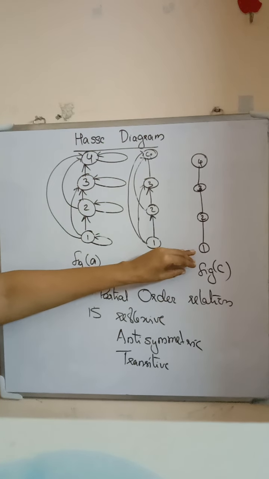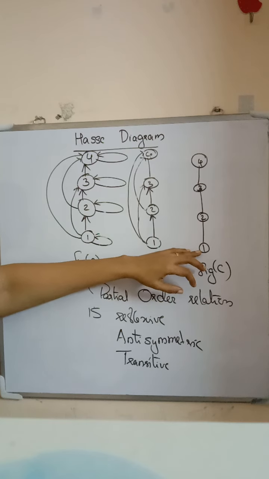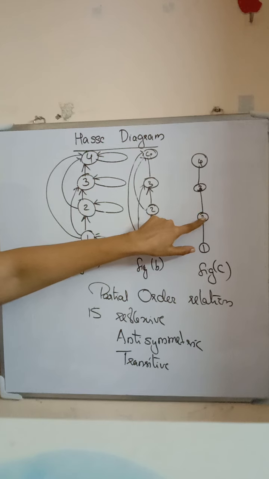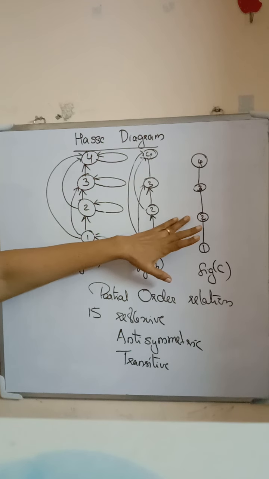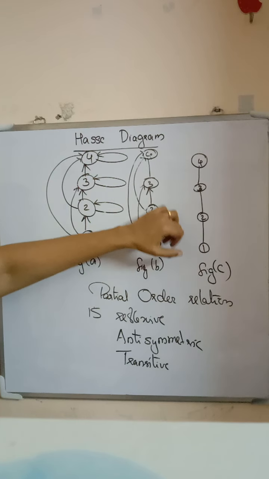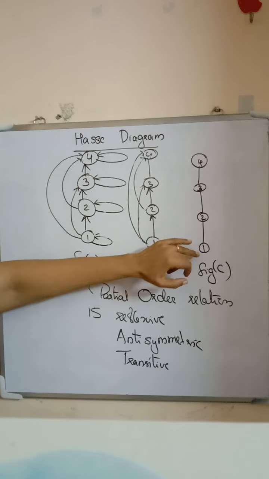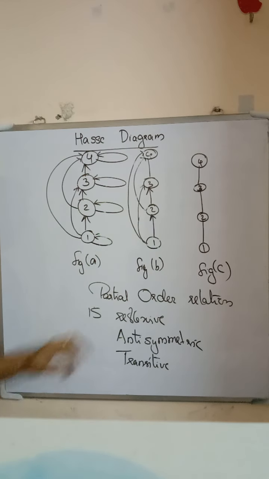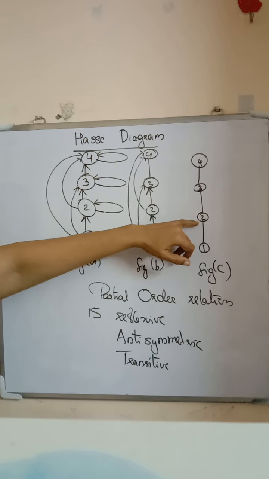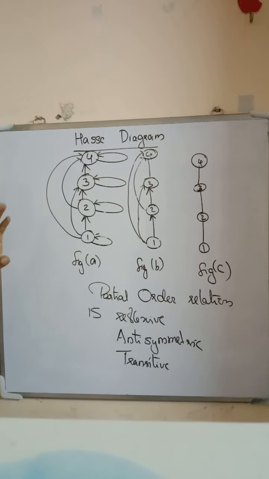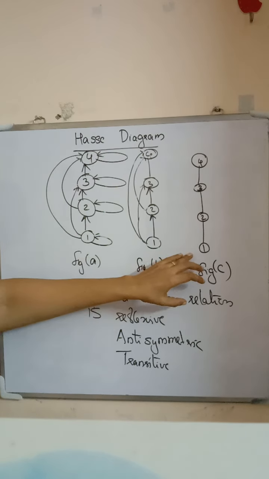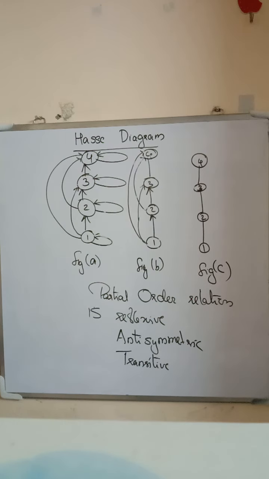Here in this Hayes diagram there is only upward relations exist. 1 related to 2, 2 related to 3. Partial ordering relation is definitely transitive. Therefore, without representation of an edge, it is clear that 1 is related to 3. Also 2 related to 3 and 3 related to 4. Here 2 related to 4 is clearly there, but we do not represent it by an edge. It's a simple representation of the partial ordering relation.